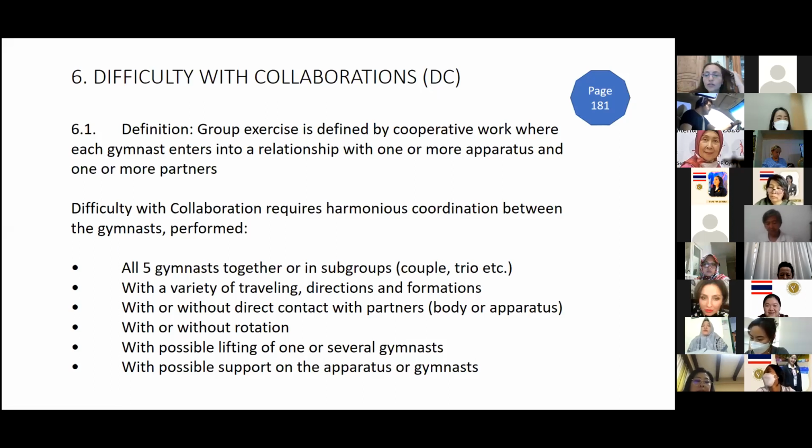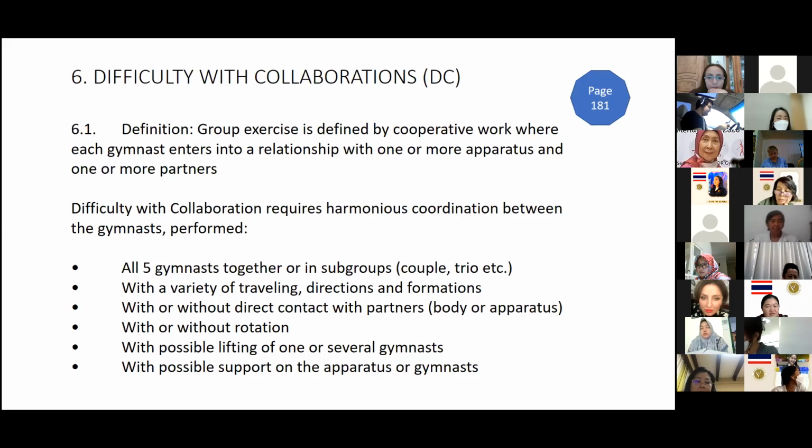So we have this collaboration. It's under difficulty of apparatus because it's work with apparatus. It must be coordinated with apparatus. This is why it's called difficulty collaboration. Each gymnast enters with a relationship with one or more apparatus or with her partner. It requires a very high level of coordination between the gymnasts performing it. They can be all 5 gymnasts together or in subgroups, couple, trio, etc., with a variety of traveling directions and formations,